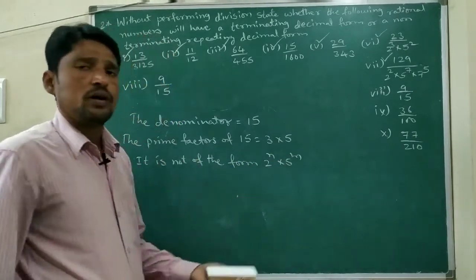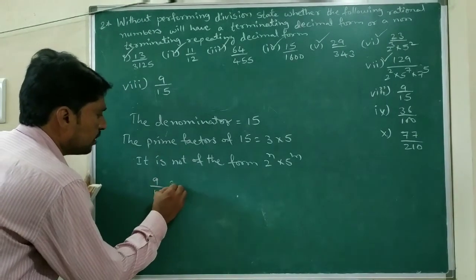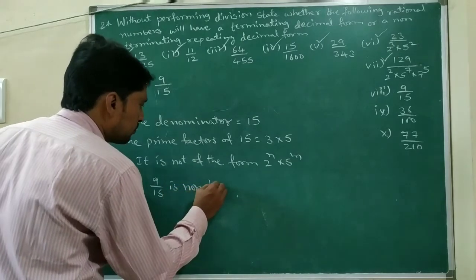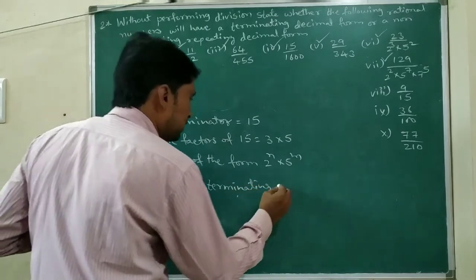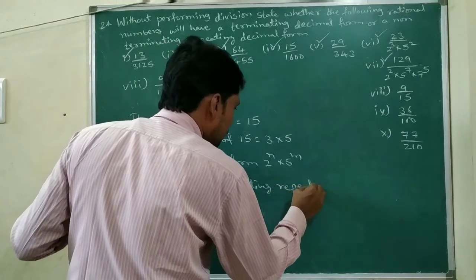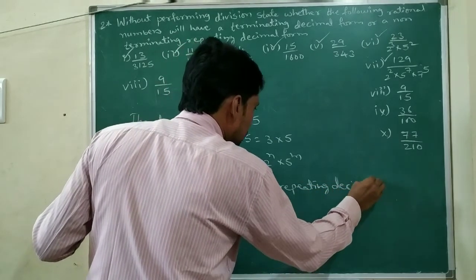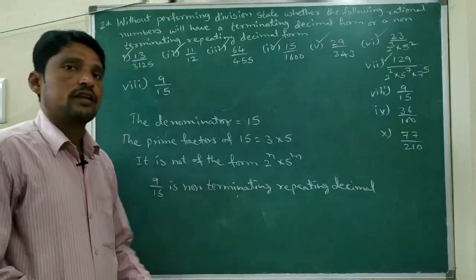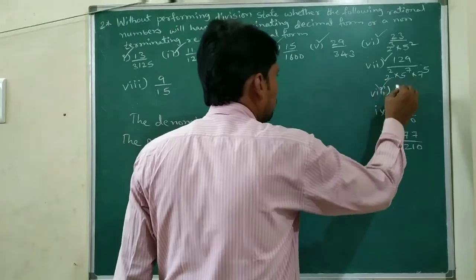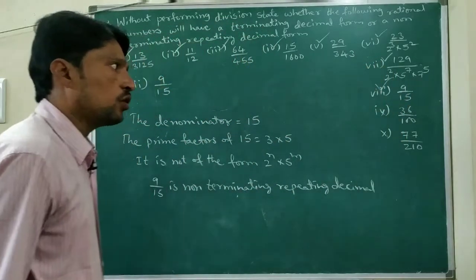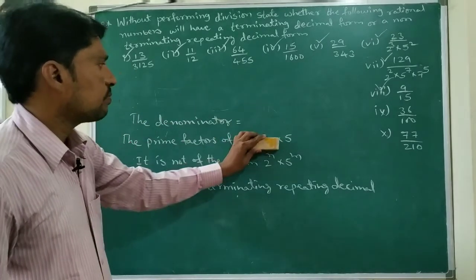So it is not of the form 2 power n into 5 power n, which means 9 by 15 is non-terminating repeating decimal. So it is non-terminating and repeating. Next, the 9th and 10th are there, just two more solutions. So the 9th one it is